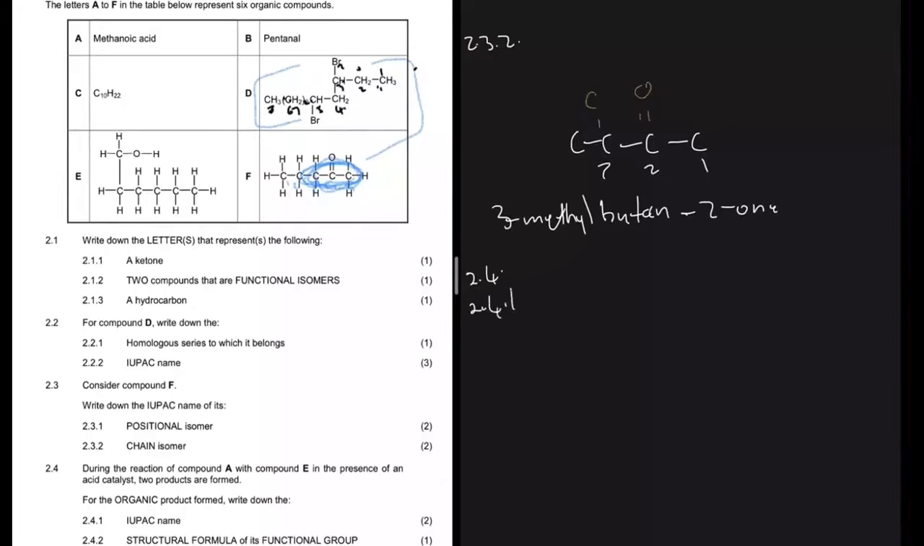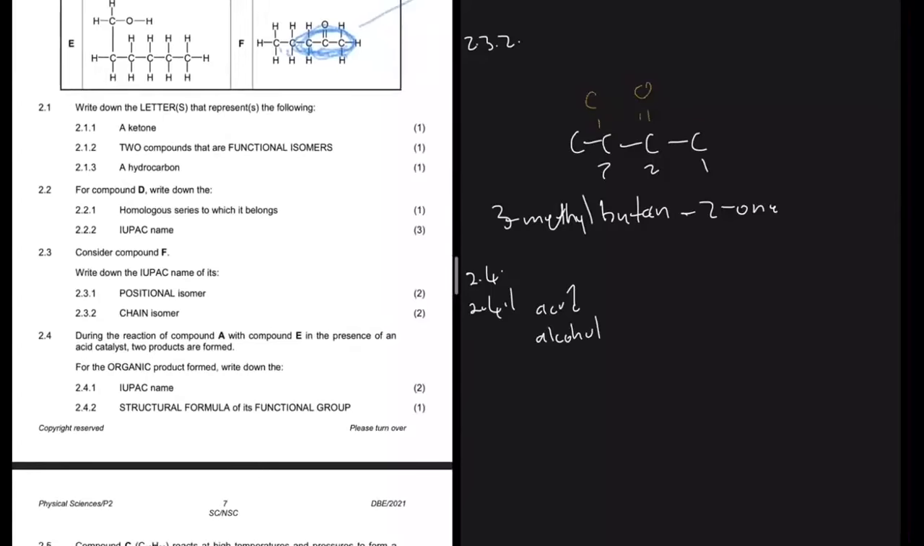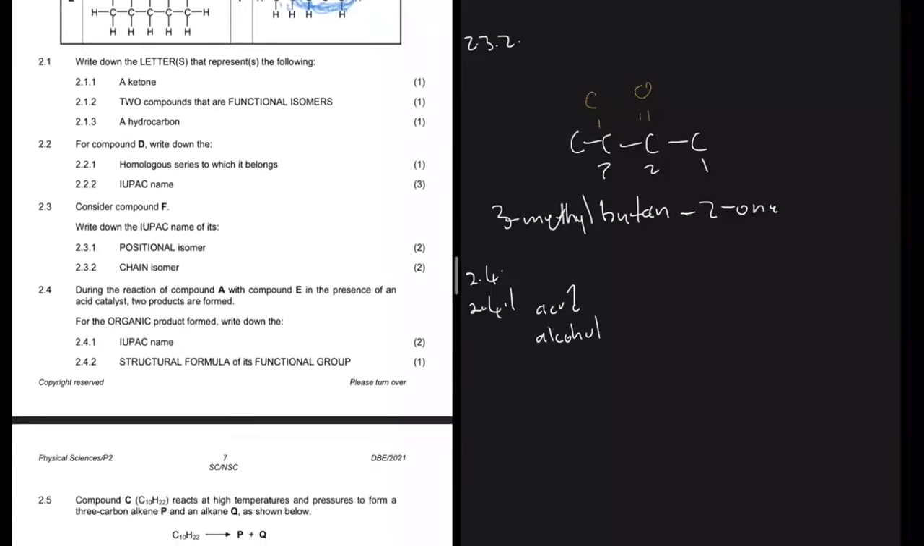2.4.1 says during the reaction of compound A with compound E, compound A is an acid, right? And then compound E is alcohol. There we go. And then you know that when you mix an acid and an alcohol in the presence of an acid catalyst, you're going to get esterification. So let's see, 2.4.1 says